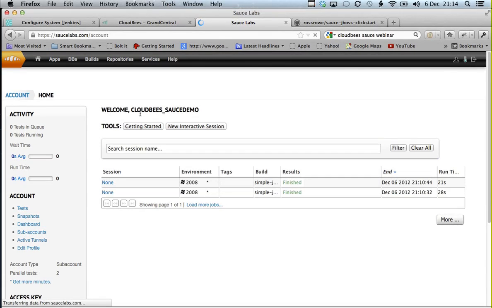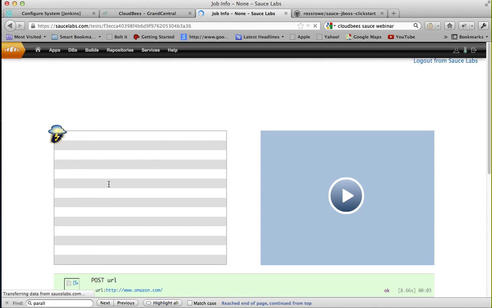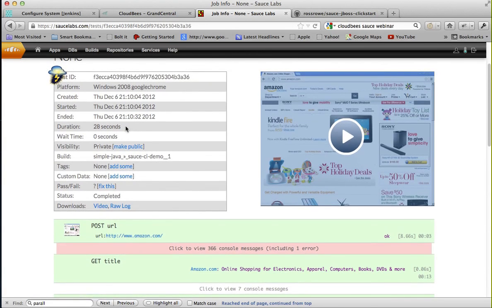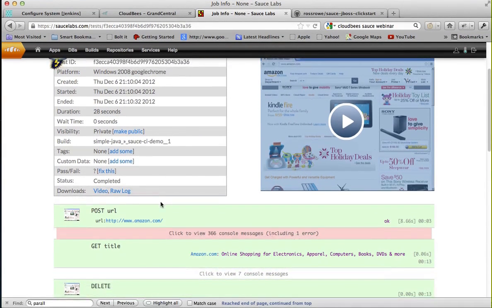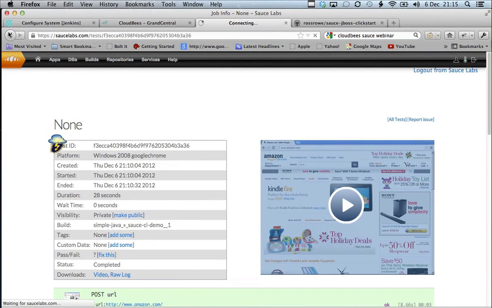Okay, so this is our Cloudbase source demo. You can see we've run two tests. Don't have any job names yet, but we'll demonstrate how you can set that. So this is our simple test that hits Amazon. You can see we went to Amazon.com, we ran under Windows 2008 Chrome, and we tried to get the title of it. Now the other test, which is our local web server test, let's go back